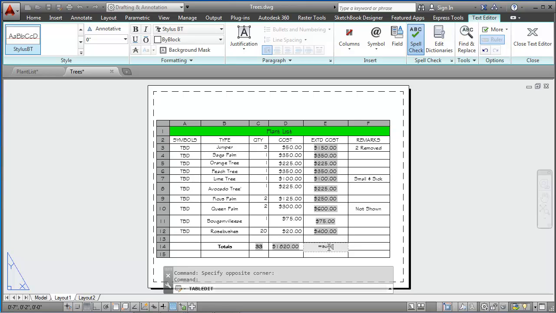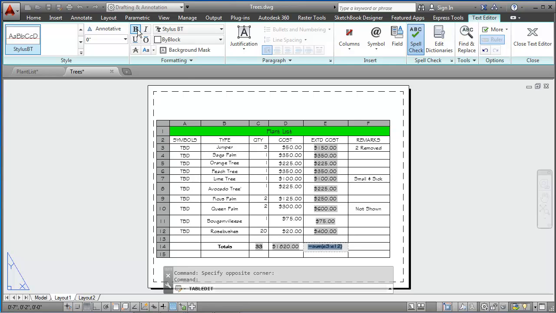I want to sum E3, which is that 150, through, and I'll put a colon here, through cell E12, which is the $400 for the rose bushes. I'll end the parentheses,